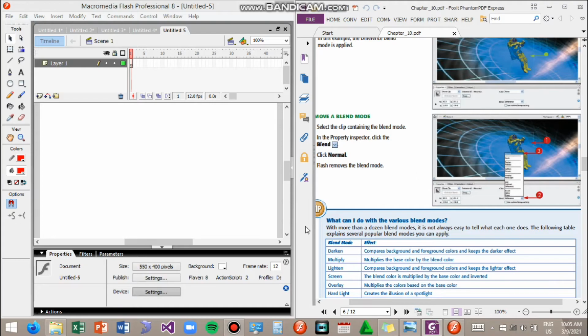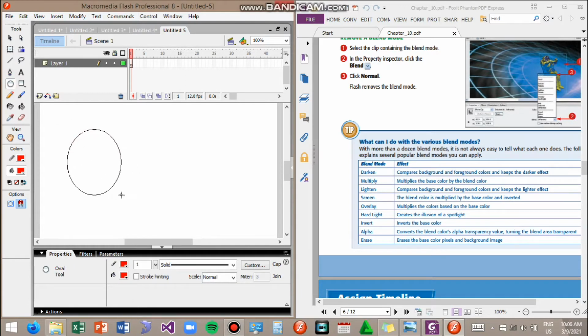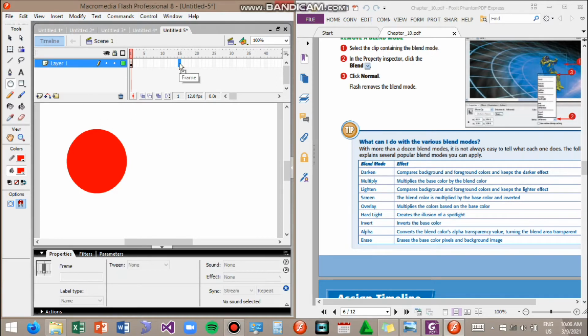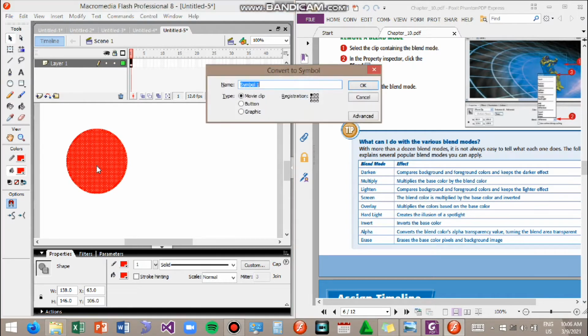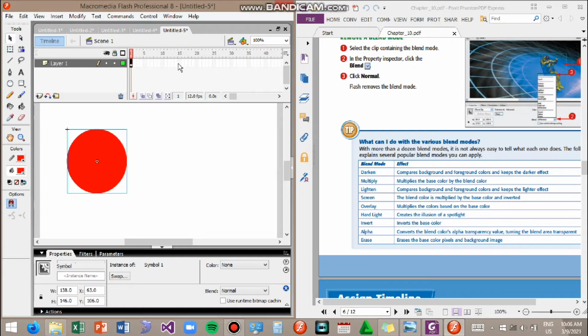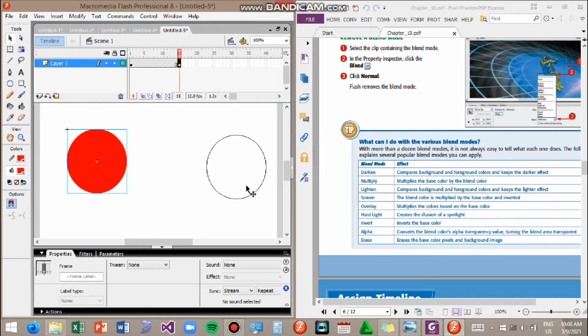Before that, by the way, I'll present an example of an implementation of using filters. I will be creating a circle, and I'm going to blur it on the 15th frame. Create a circle, convert it into a symbol, and then go to frame 15, insert a keyframe, and move it here.